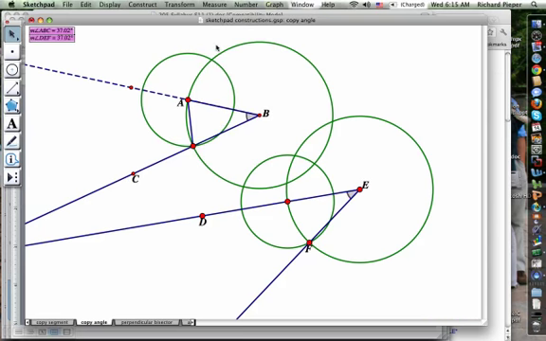We'll measure those angles. You'll notice that they are the very same length. And that is how you